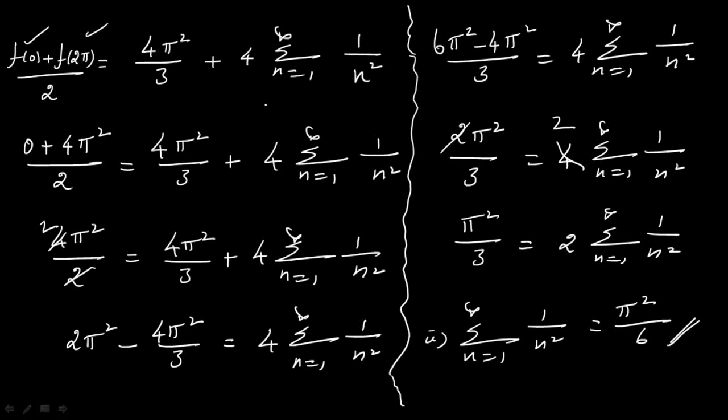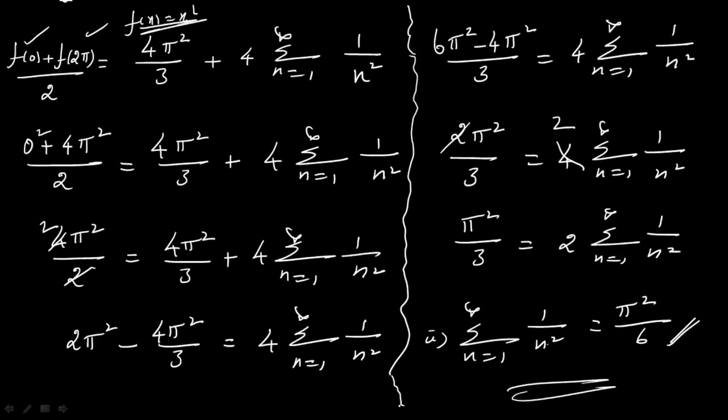That is equal to, so you have the same right hand side, the function value f of 0. So you know f of x is nothing but the given function, f of x is x square, isn't it? So f of 0 is 0 square and f of 2 pi is nothing but, replace x by 2 pi, you get 4 pi square over 2. Simplifying this, you get sigma n varies from 1 to infinity, 1 over n square is equal to